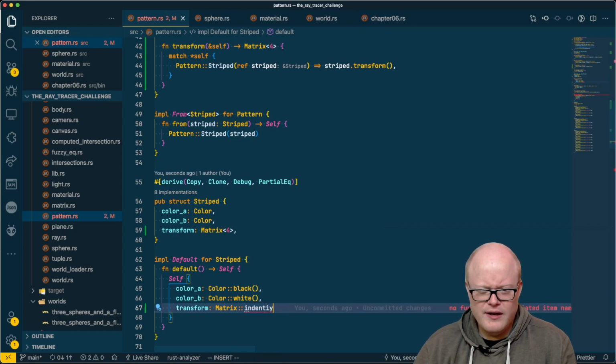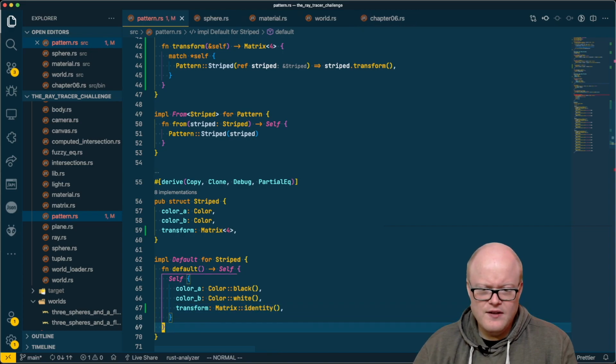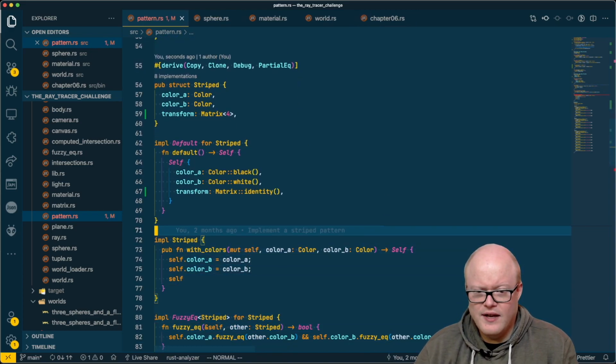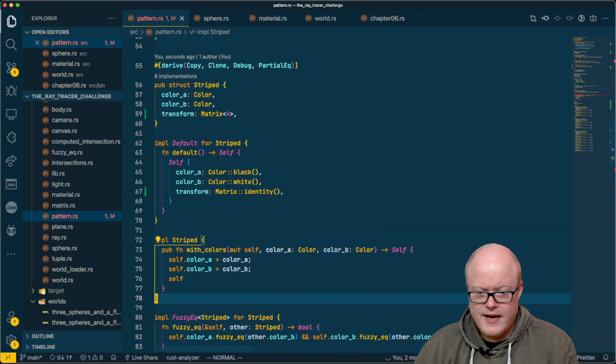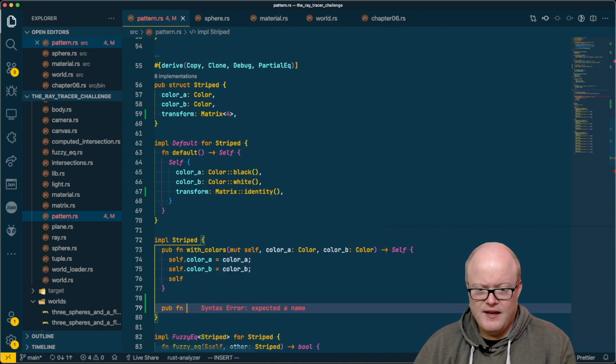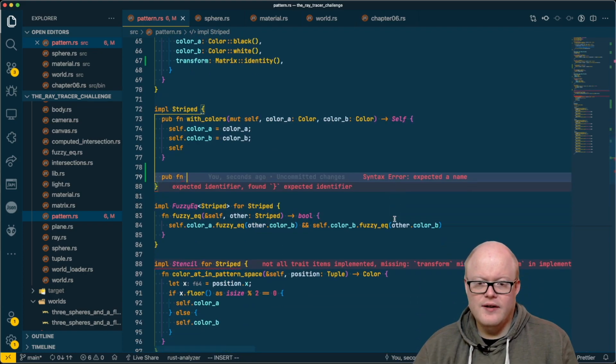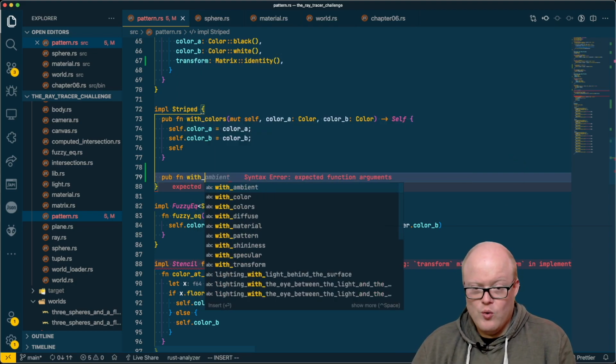I thought I had, yes, I had something like this. So the basic transform is an identity transform, and we will simply create, yeah, let's create a pub fn. Let me scroll a little bit higher here. Pub fn with